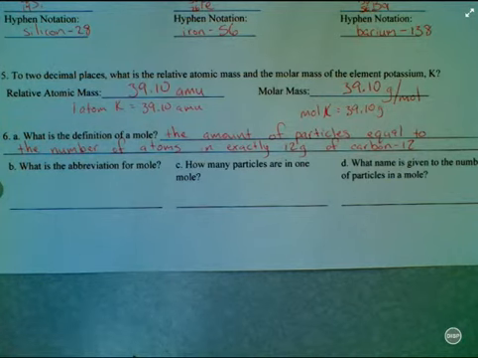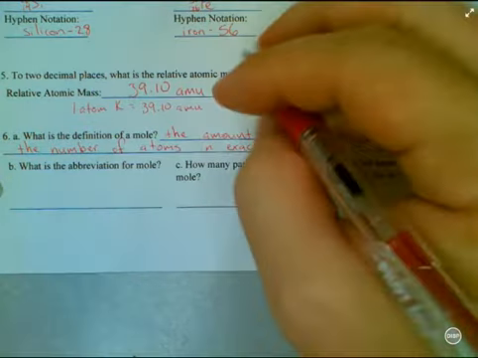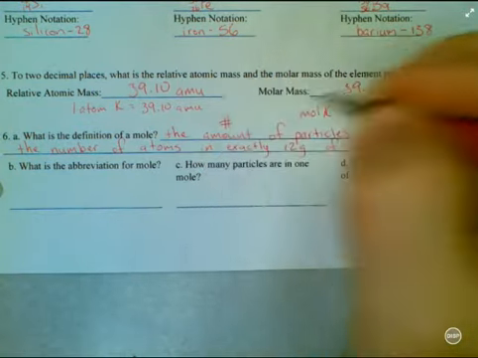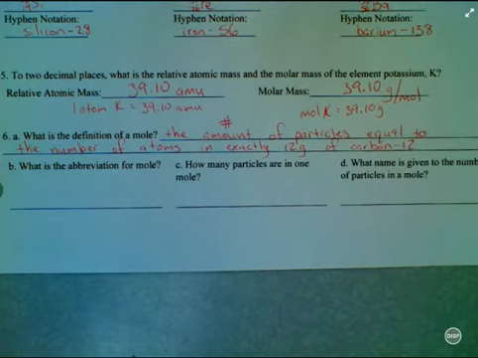Number 6, we got A through D here. Number 6A, what is the definition of a mole? Well, a mole is defined as the amount of particles, meaning the number of particles equal to the number of atoms in exactly 12 grams of the carbon-12